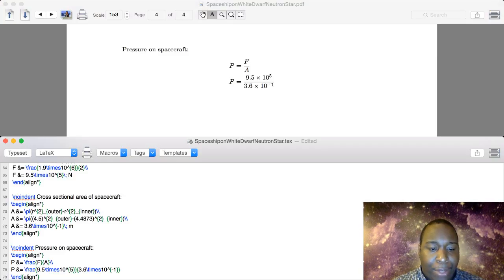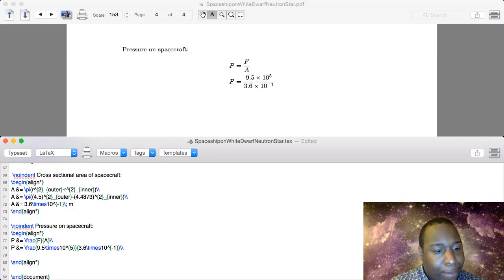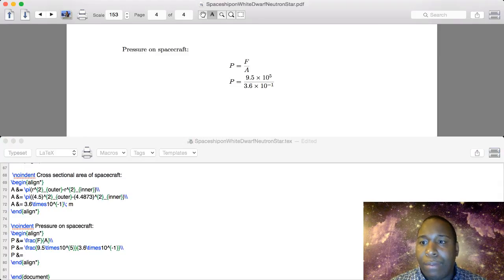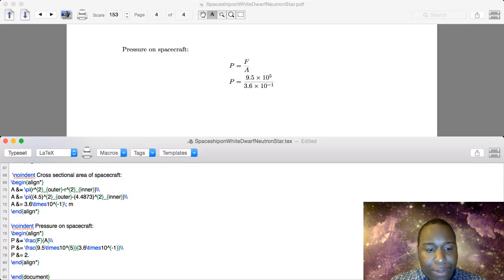And again, guys, I'm just dropping off the units for now because it's all in SI. This gives us a pressure value of, actually I can just do this, 9.5 divided by, is that 3.6? 3.6. So this gives us 2.6, is that 2.68? 2.6, I'm rounding again,